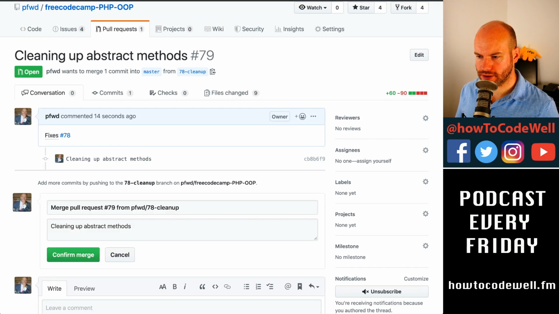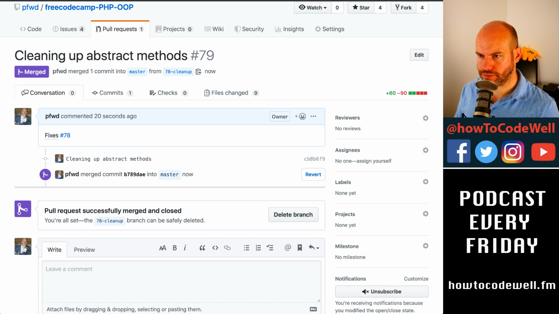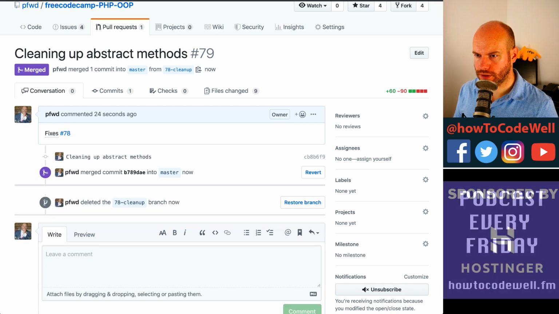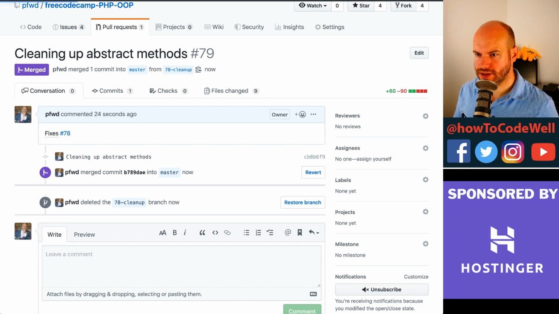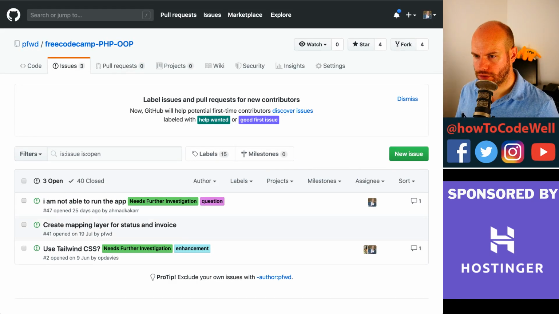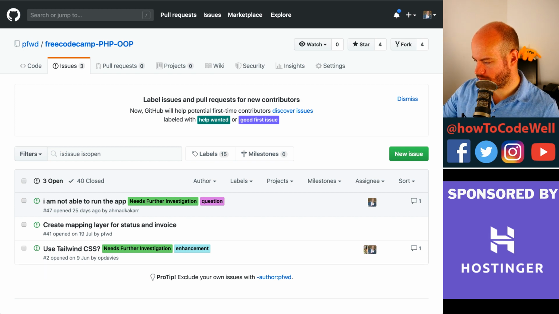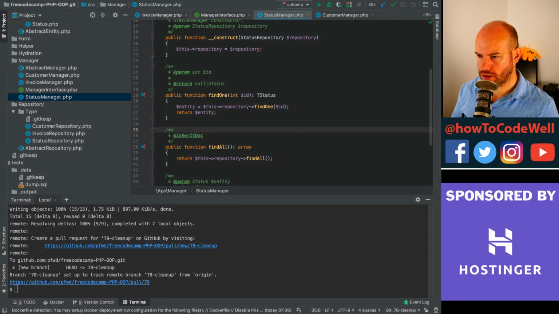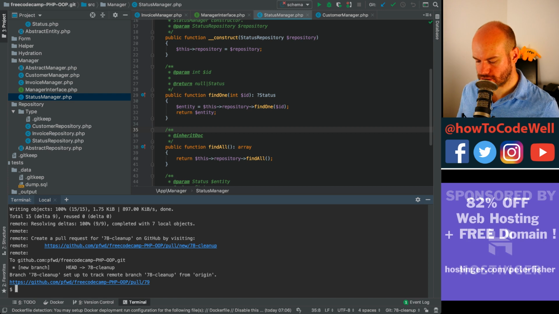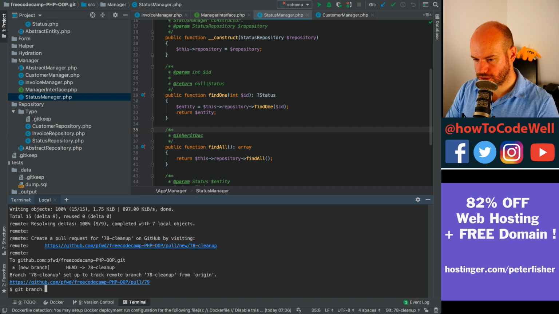Merge that, confirm. Delete the old branch. Go right back into the issues. That's gone. That's cool. Let's go back into the code, which is here, and then let's do a git branch. Sorry, git checkout